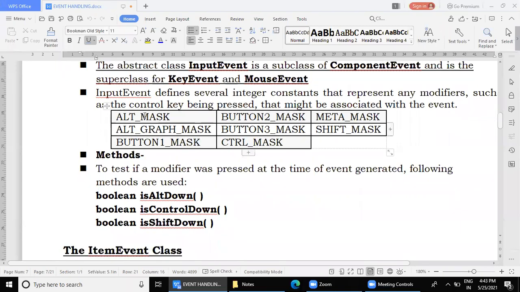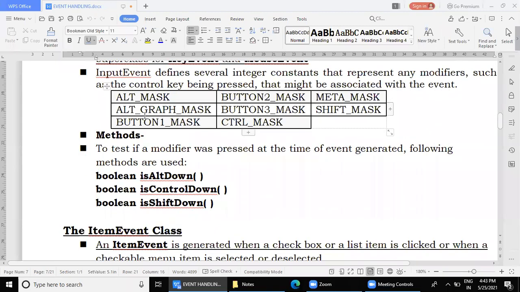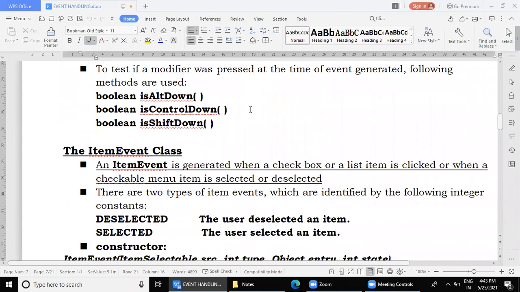Input event class defines several integer constants that represent any special keys or modifiers that are pressed along with the click event, that is, whether the alt key, shift or control, etc. Do not worry about the other constants. Then there are methods to test whether the modifier key was pressed down.